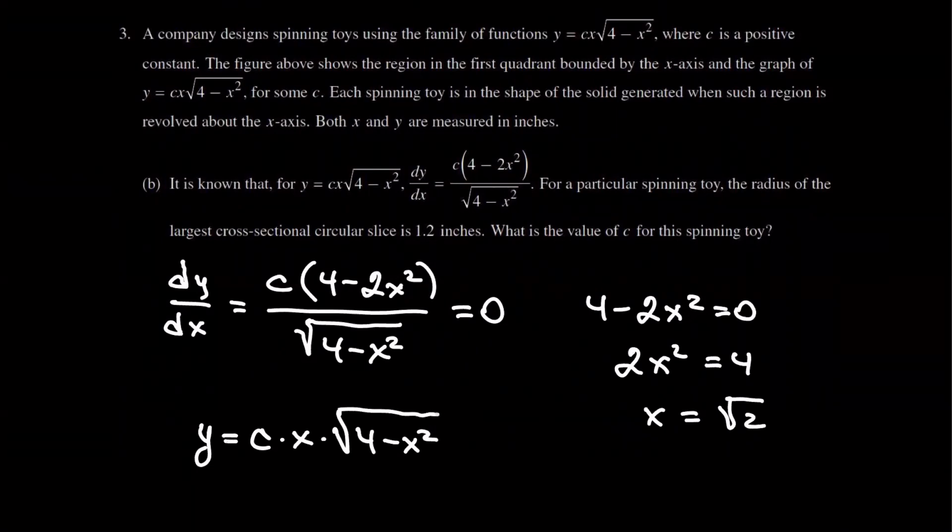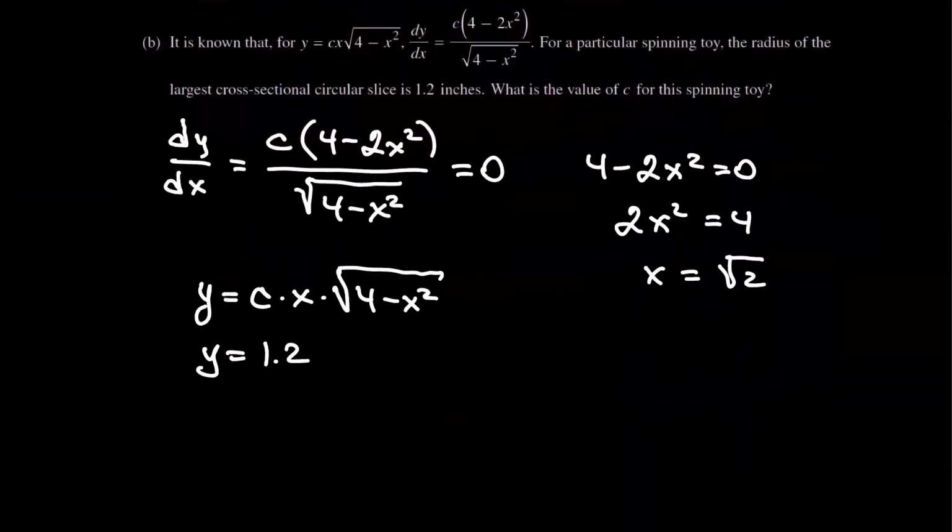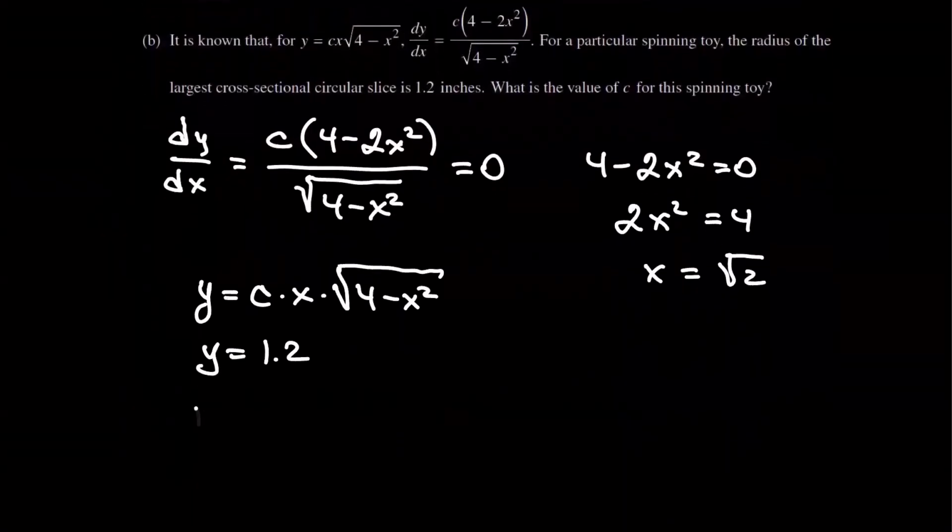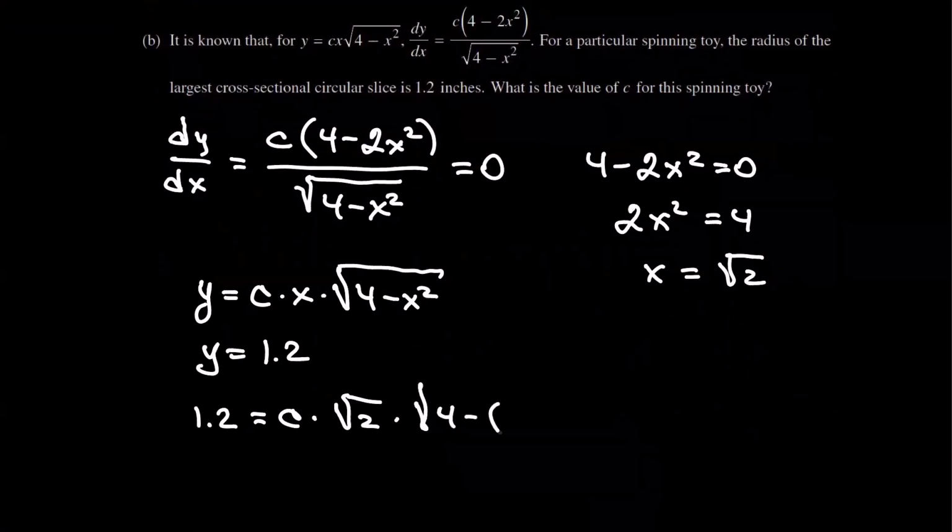We are given that y is equal to 1.2. So let's plug in x equals square root of 2 in here and solve for c. So 1.2 is equal to c times square root of 2 times square root of 4 minus square root of 2 squared,